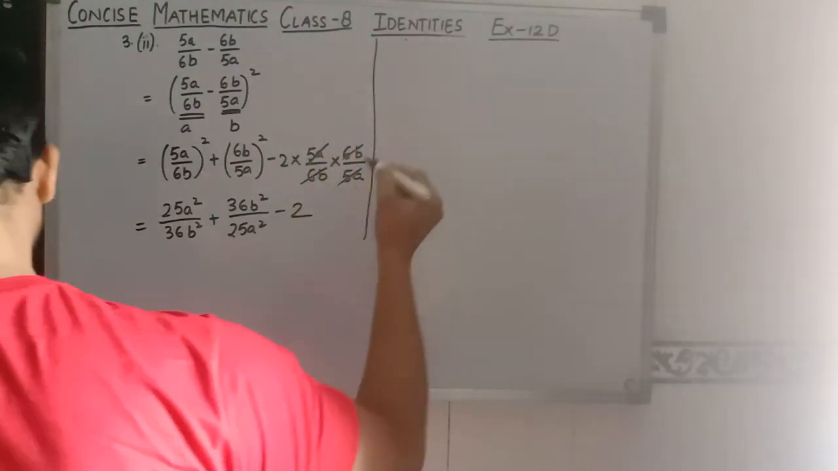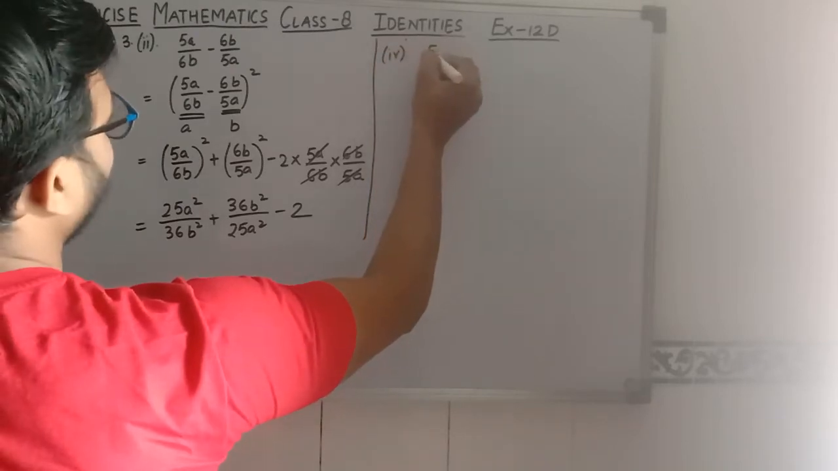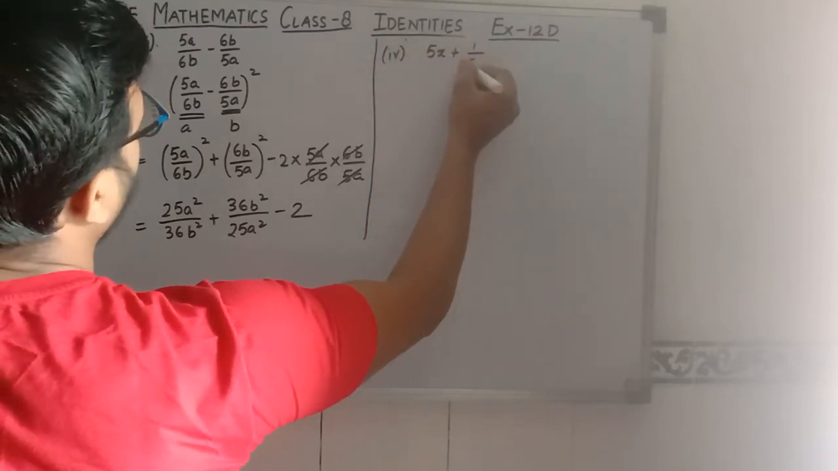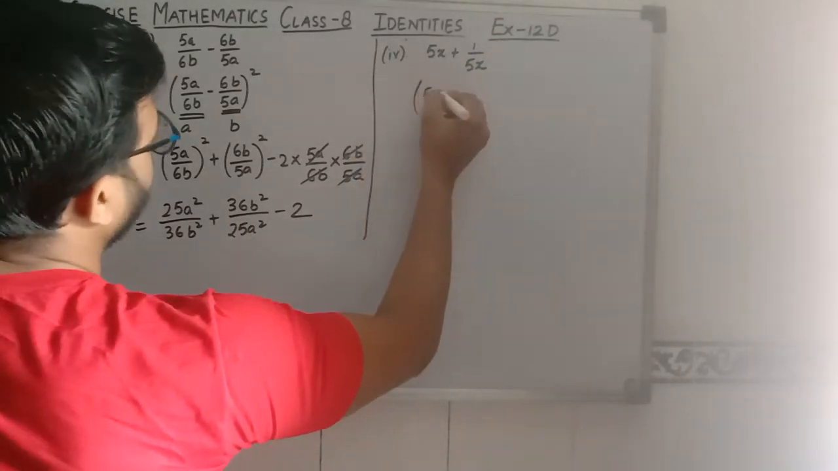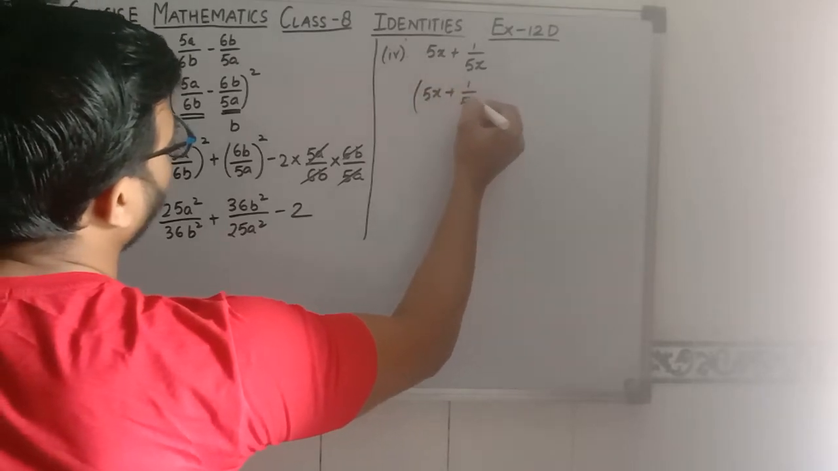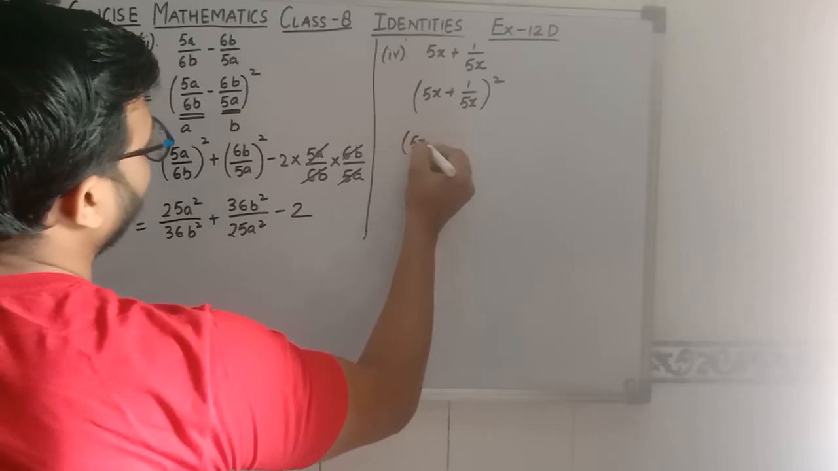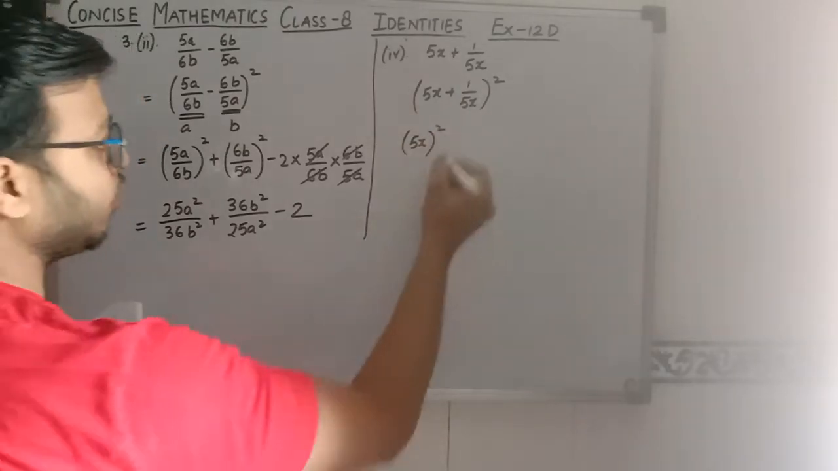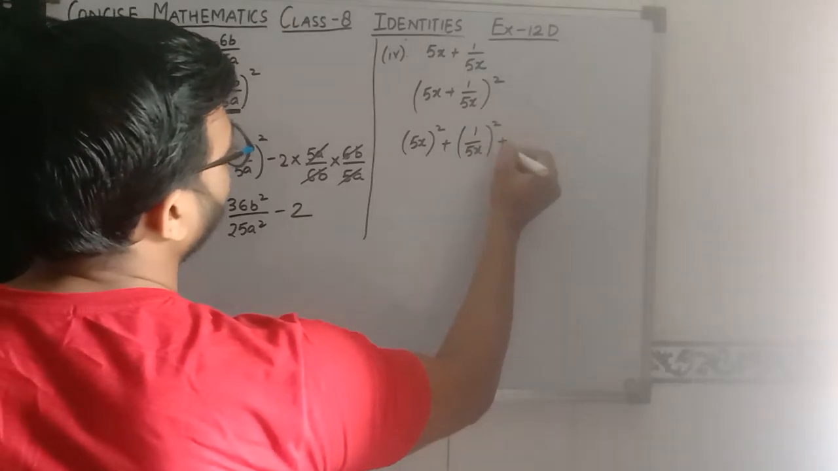Now proceeding further, we have part 4. In part 4 the question is saying 5x plus 1 upon 5x. Again we are observing that it is a binomial. So first of all we have to make the square, because the question is saying find the square. (a plus b) whole square. So in first bracket a square, which means 5x whole square, plus in second bracket b square, and in last term